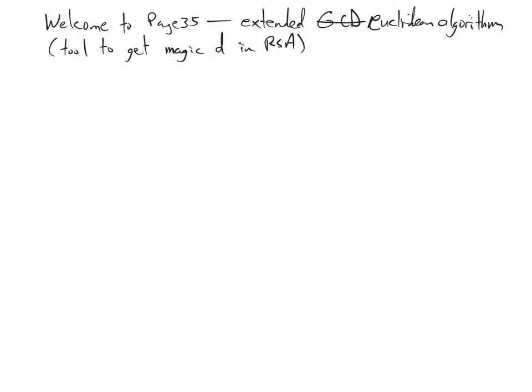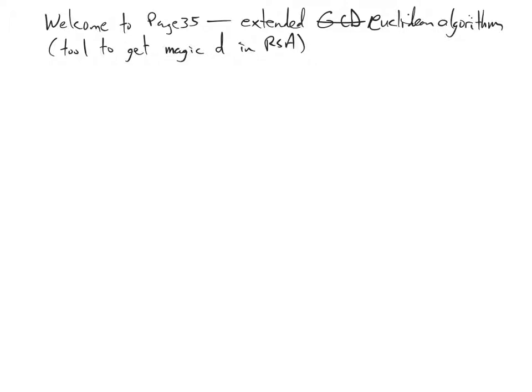So it turns out we can take the given public information, N and E, and if you can factor N into P times Q, then we'll see later that we can compute from P and Q and E the magic number